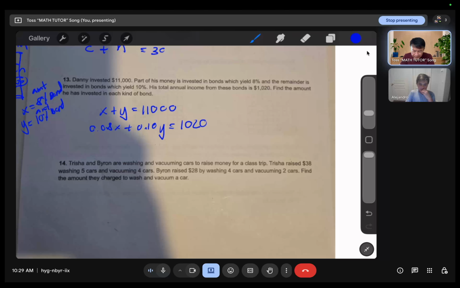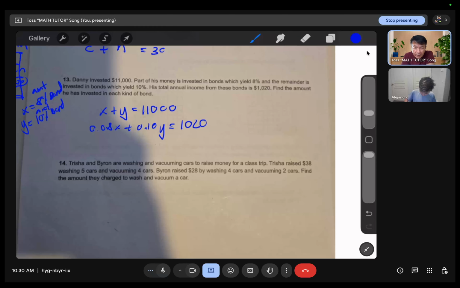What do you think about number 14 here? Trisha and Byron are washing and vacuuming cars to raise money for a class trip. Trisha raised $38 washing 5 cars and vacuuming 4 cars. Okay, now it's getting a little fancy here, but I think you're okay. Byron raised $28 by washing 4 cars and vacuuming 2 cars. Find the amount. The key here is this: find the amount they charged to wash and